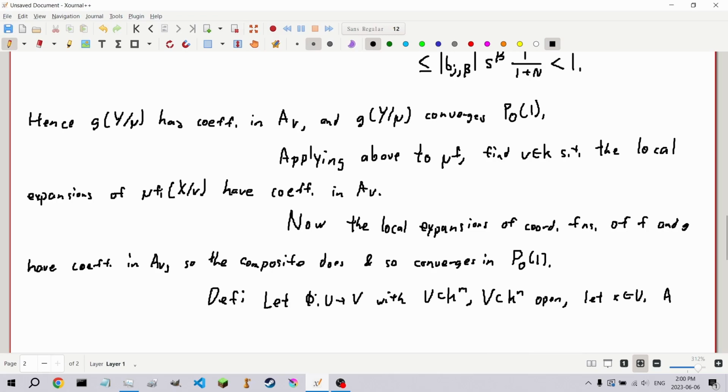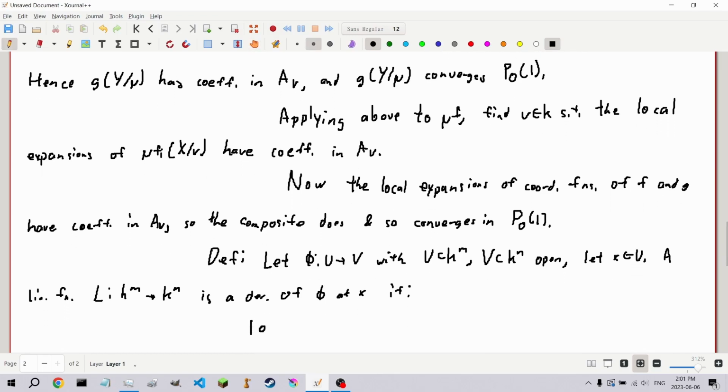A linear function L from K to the m to K to the n is called a derivative of phi at x if, and there are two alternate ways to think about it, first off, phi of x plus h minus phi of x minus L h is little-o of h, its lowest term being linear in the absolute value of h, as the size of h goes to 0,